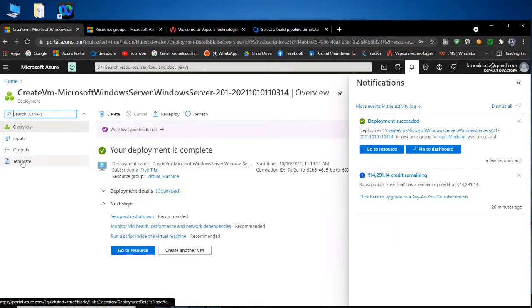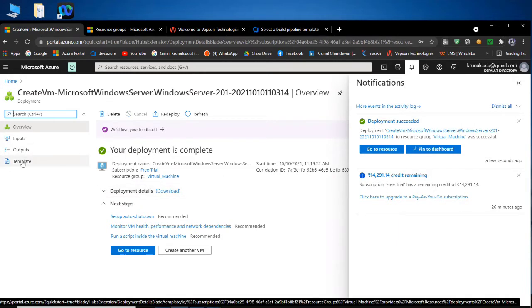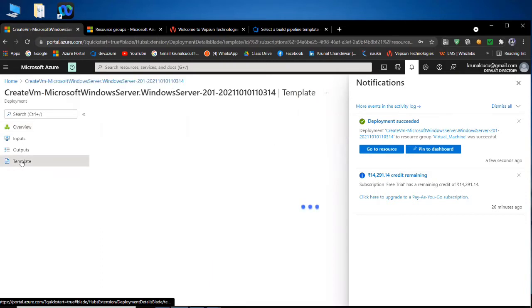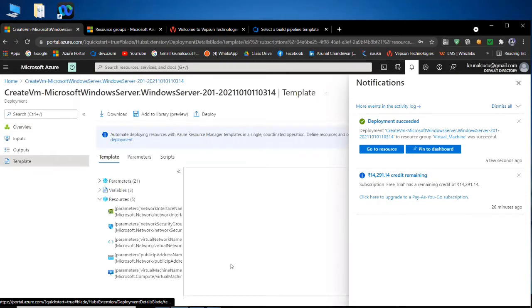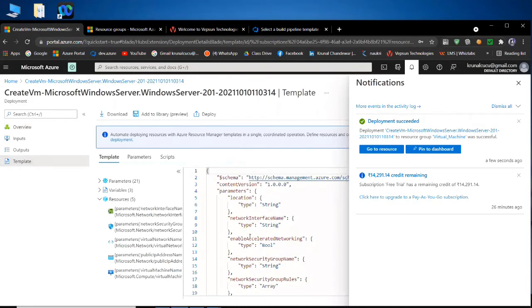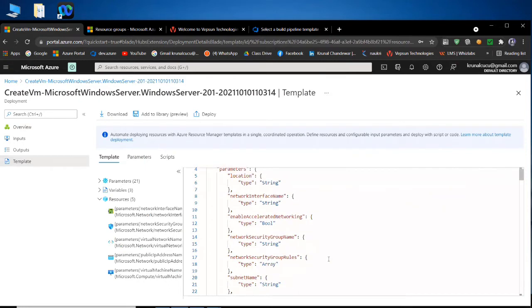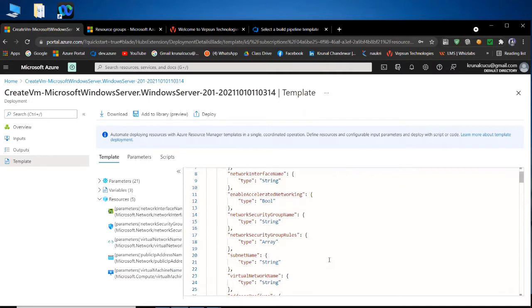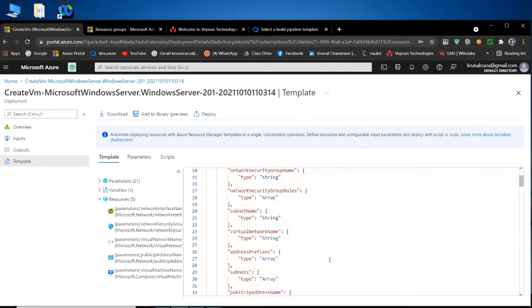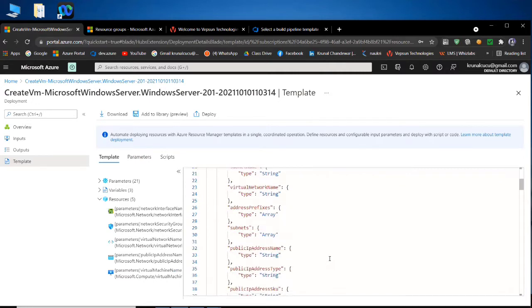Okay, and as I told you, whatever fields we selected, they made a template of that. If I click here, you will get a template. See, whatever fields I selected there, everything is included here in this template.